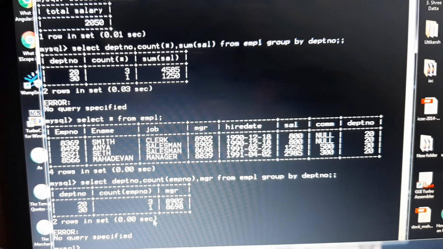Sometimes it so happens that if you want to give a condition with group by, you cannot use the where keyword, you will have to use having. Having is a clause which is used with group by, because here also you can keep a condition of your own. If you want to keep your own condition, then you cannot use where. Instead of that, you can use having.